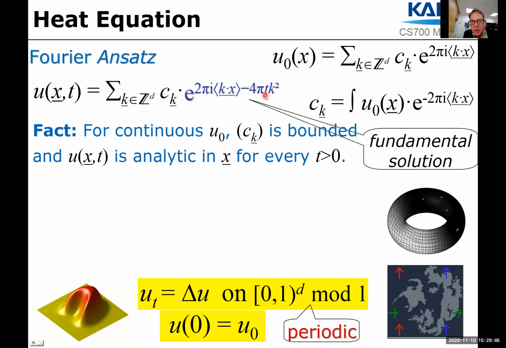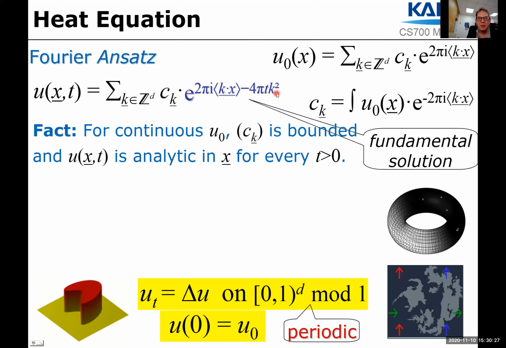Why is that the case? Well, because of this here, right? You see here, when t is arbitrary but positive, only very small but positive, then this means that the terms in this sum decay exponentially fast, actually with e to the minus k squared. So in order to get a good approximation, we only need the first linearly many terms in that sequence, because the tail converges exponentially fast, faster than a geometric series.